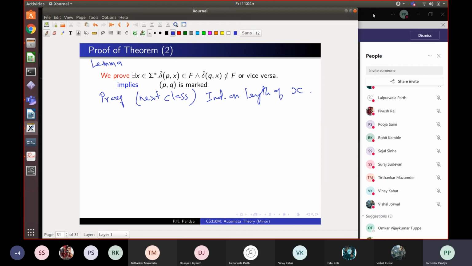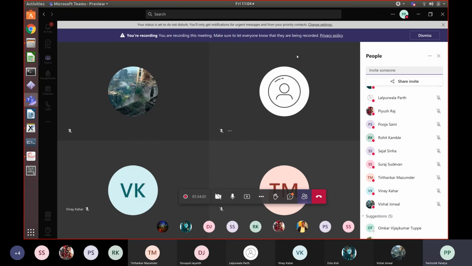I know the proof part in this class was a little involved, but I hope you will study this and come for the next class. So I think that will finish this topic of minimization of DFA. And then an important question remains: we constructed a smaller automaton, but what is the guarantee that there is no further smaller automaton? That is the topic of one further class.